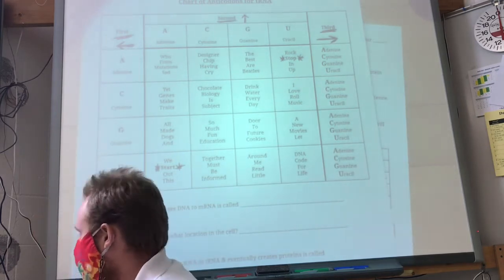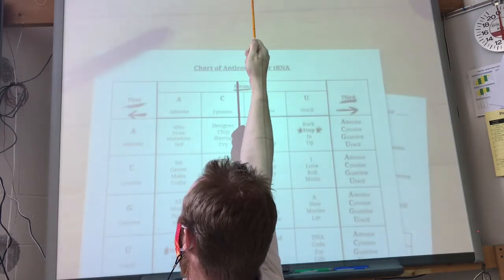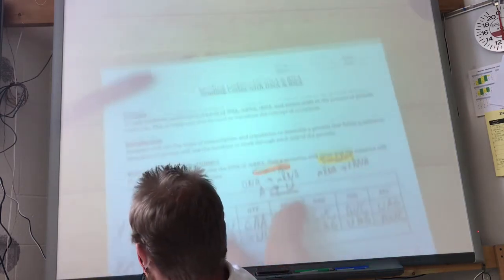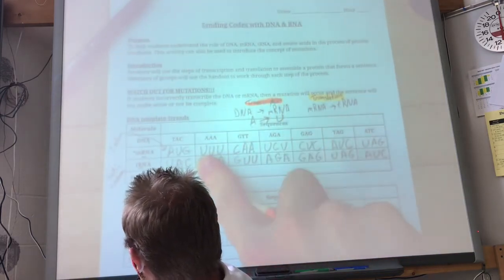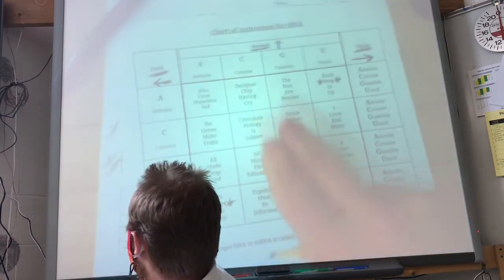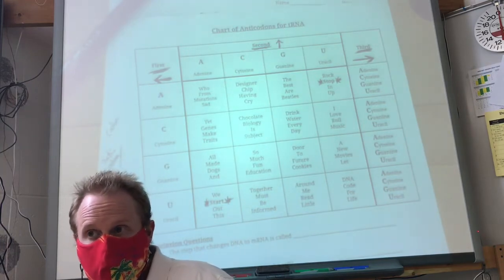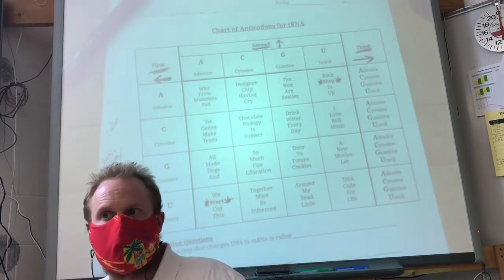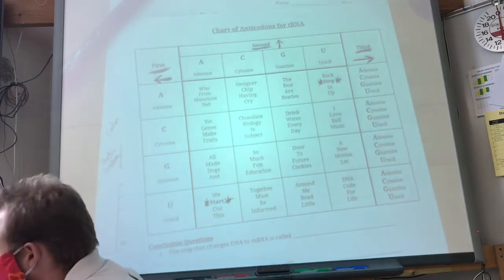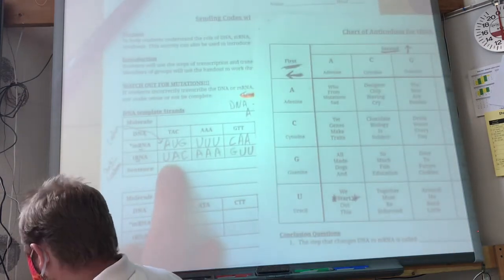Now notice how this chart says it's a chart for the anticodons for tRNA. Remember, anticodons are 3-letter combinations that are the complement of mRNA. This is an anticodon, and this chart codes off a tRNA. It's possible that we could code off a DNA, an mRNA, or a tRNA, so just be mindful of what the key says. Okay? So our first sequence is UAC, and if we go